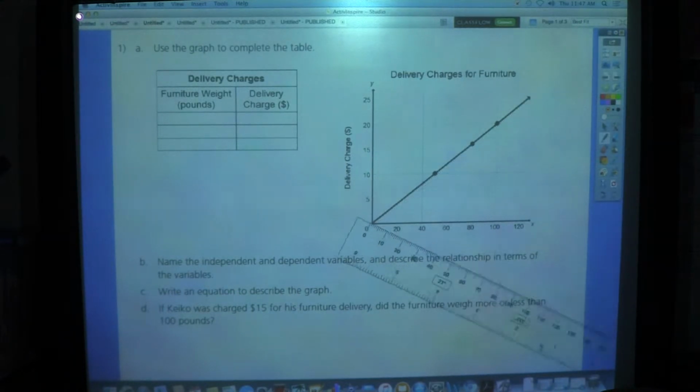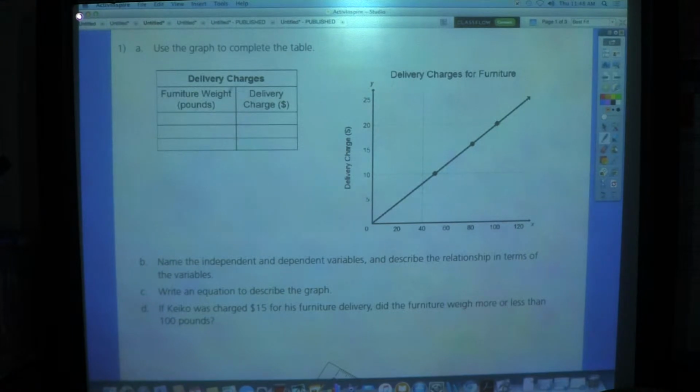Maybe I'll just have to drag it outside. Let me just pull it outside. Now, let's look at what we have here. It says, use the graph to complete the table. Now, this is our table that we're going to be completing,